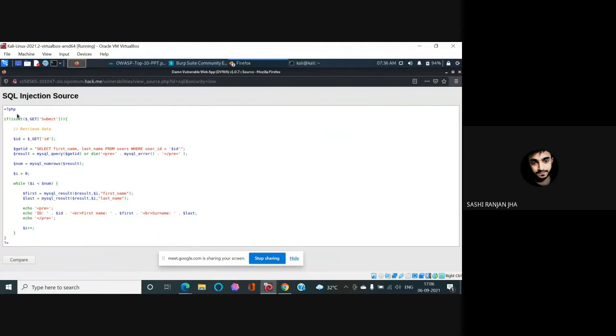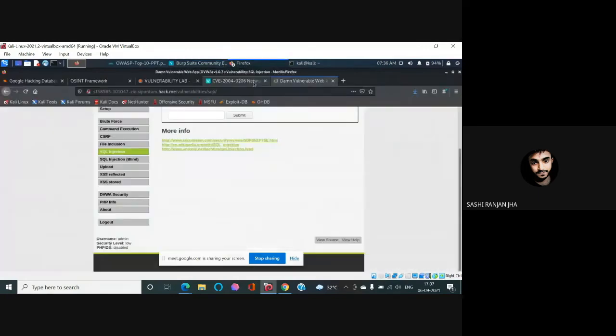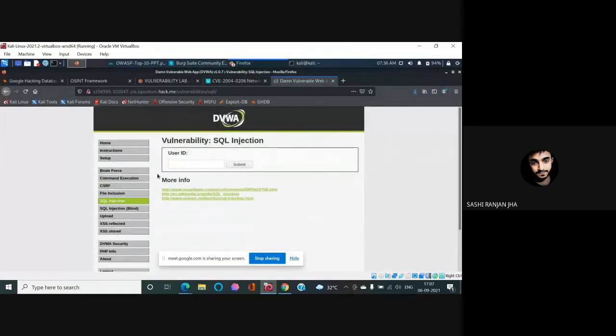Here we see that it just takes the ID, then gets the ID, selects first name, last name from users, and just uses the ID as it is. There is no sanitization going on behind the scenes. So we know that yes, there is no security mechanism for this, so we can directly exploit this.